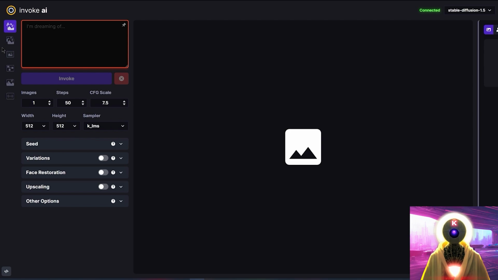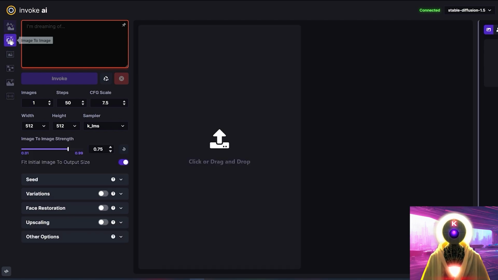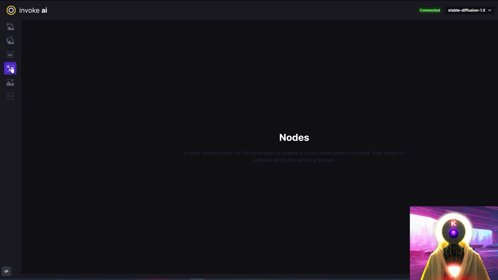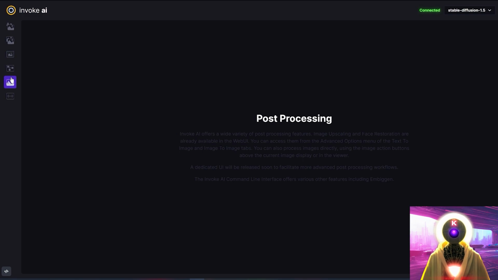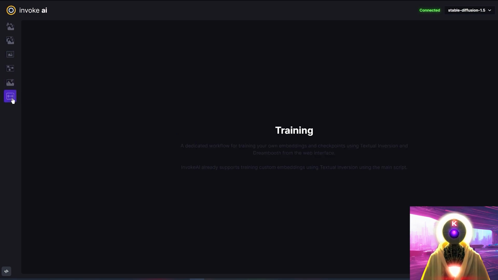So you start here in the text to image workspace, then you have an image to image workspace, you have a node workspace that is currently under development, but that will allow you to generate images using a node-based system. You have a post-processing workspace that is also currently under development, a training workspace where you'll be able to train your own Stable Diffusion model using Dreambooth or textual inversion, and I've left the best for the last,